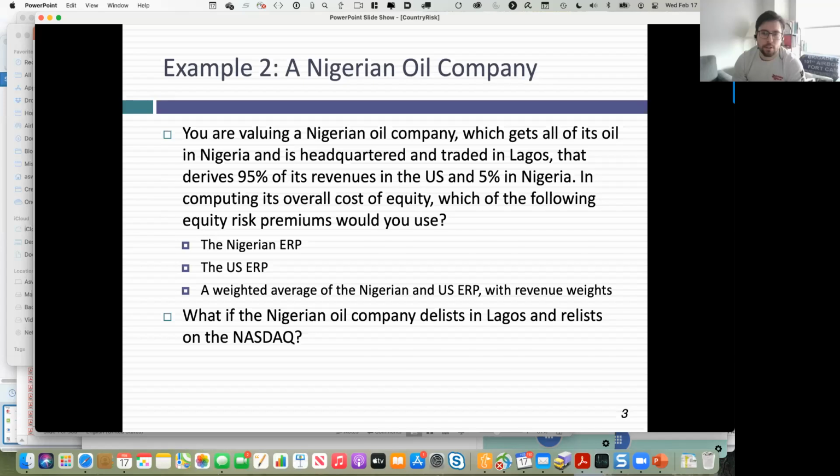It's not so much that it's an oil company that would make it different for me. It'd be more so the fact that it's getting all of its inventory from Nigeria. But how is that any different from all your software engineers being in Tel Aviv? Because the software doesn't necessarily come from Israel. You can relocate that to anywhere.